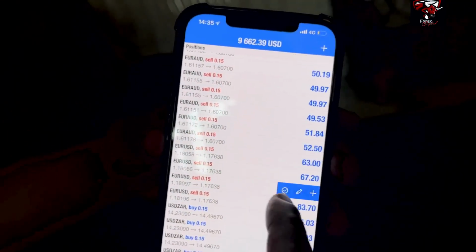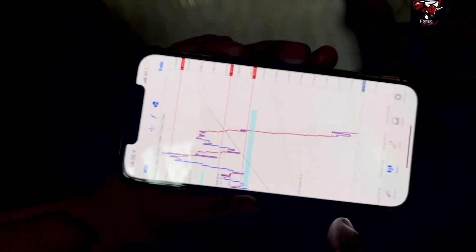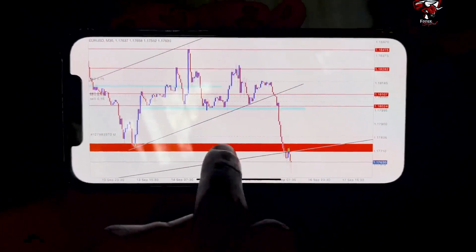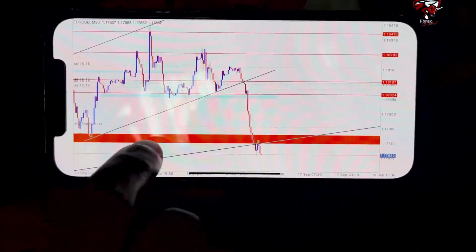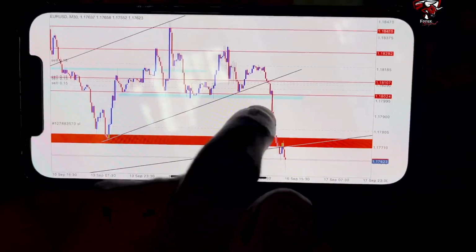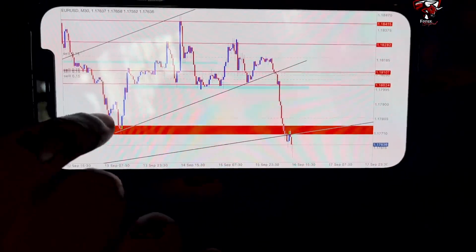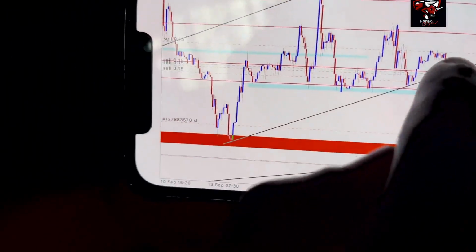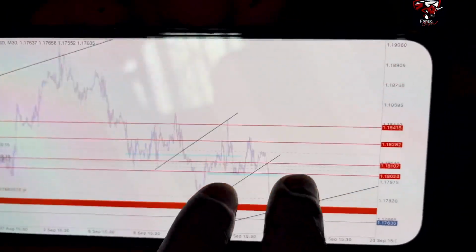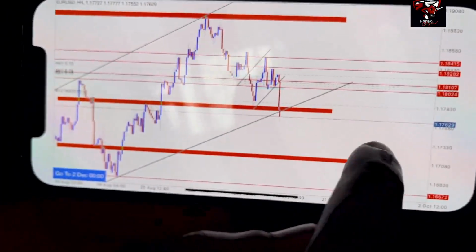Next up, we have Euro USD. You can see Euro USD. We're also protecting our profits. So basically, where you see the red line here, this is where we're expecting the market to stop. However, I was waiting for the market to basically push more. I have my stop loss protecting the profits where I was basically aiming to take target. And once we crossed, I'm maximizing and waiting for the market to see if it can break below this structure